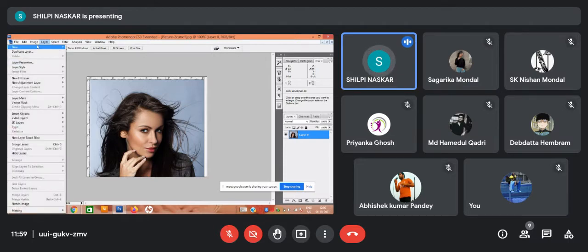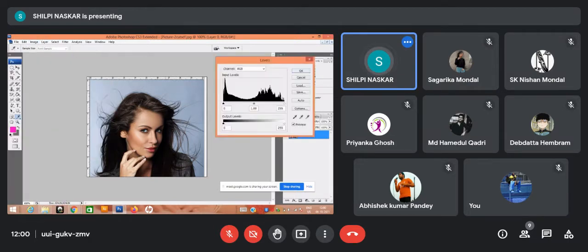So here in this image adjustment level, see, the highlight region, say if I reduce the highlight region, can you see the white pixels are getting reduced? So this is input level, this is input level, and this is output level. So I am in the input level, I am changing the white portion. So the highlight portions, the number of pixels in each brightness level, I'm changing. So thereby, see, it is getting darker.